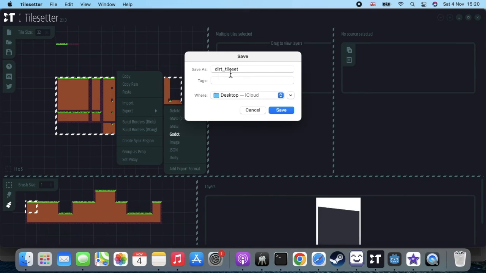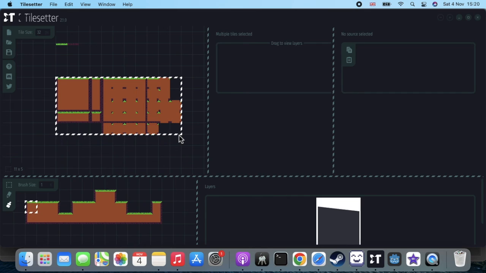It saves it as a Godot resource, a .tres, and it will save it pre-configured for auto tiling. So that actually does save me a lot of work in the Godot engine. So I'm just going to save it to that. And that is my tile set done. That didn't take very long at all, did it? I've built a complete tile set in a matter of a few minutes, really. And now I'm free to use that to build the level out in my game, which I will do in the next section. I hope to see you